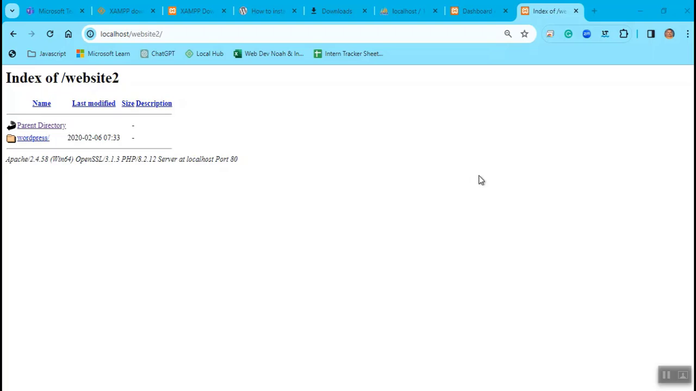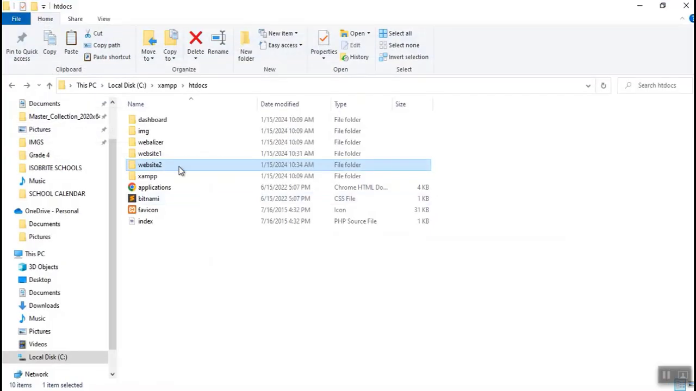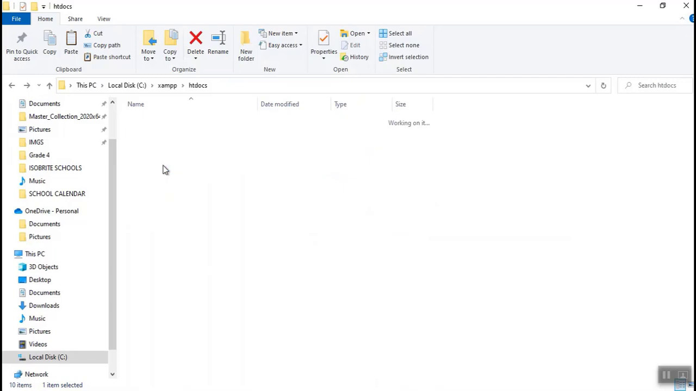All right, it's showing this because I made a mistake. I didn't rename the WordPress itself. I renamed the parent folder of the WordPress. So I would have to go back here. This WordPress 2, if I open it, here you have the WordPress. It is not renamed. So I would click on it, rename it to website 2, and then I'll have to